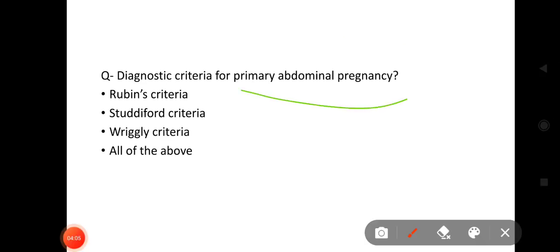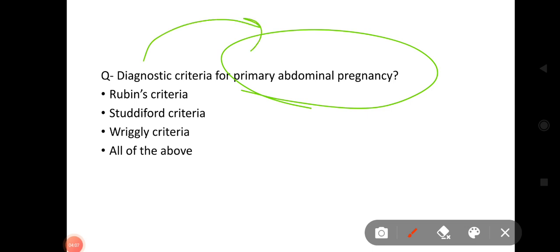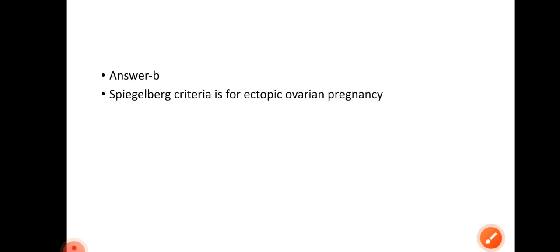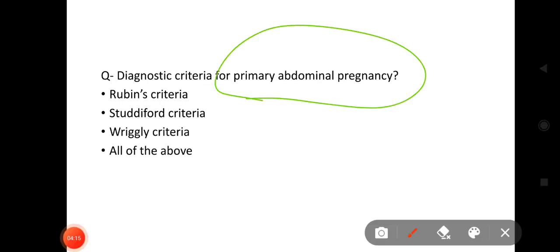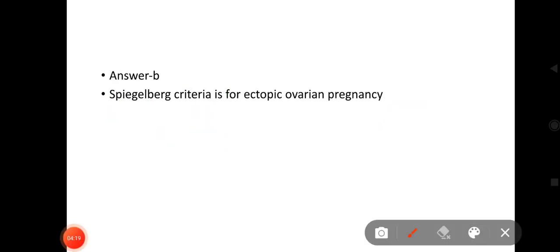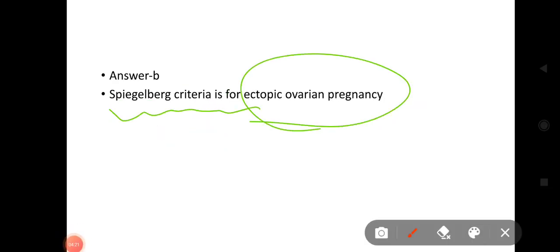Diagnostic criteria for primary abdominal pregnancy. What is the diagnostic criteria for primary abdominal pregnancy? Rubin's criteria, Studdiford, Wrigley, or all of the above? Answer is Studdiford criteria. So for primary abdominal pregnancy, it is Studdiford criteria, and for ectopic ovarian pregnancy, it is